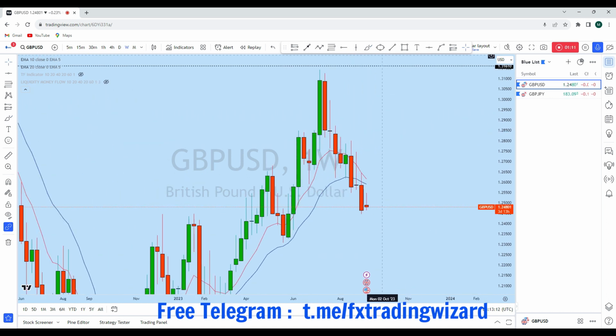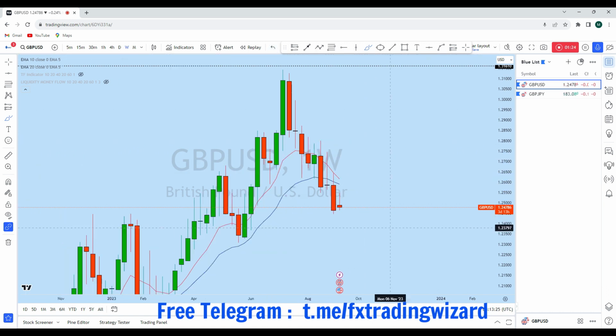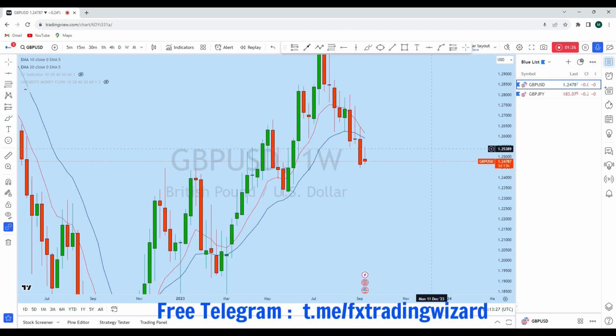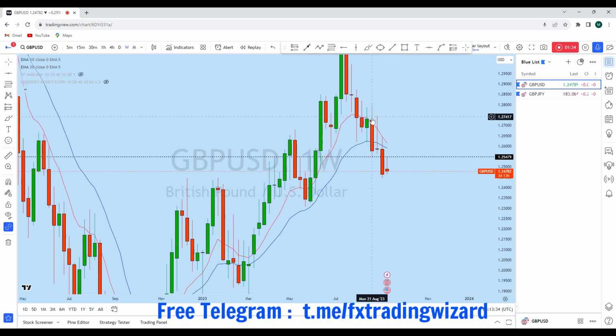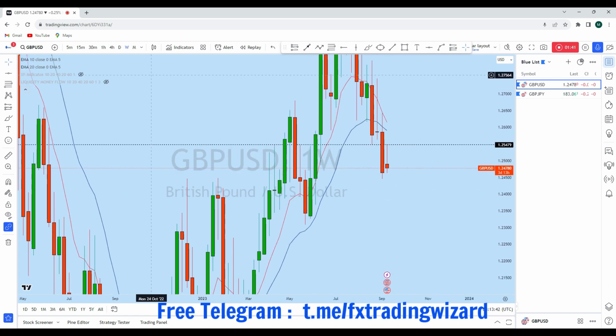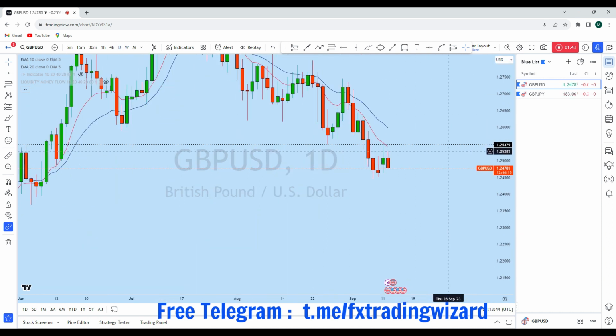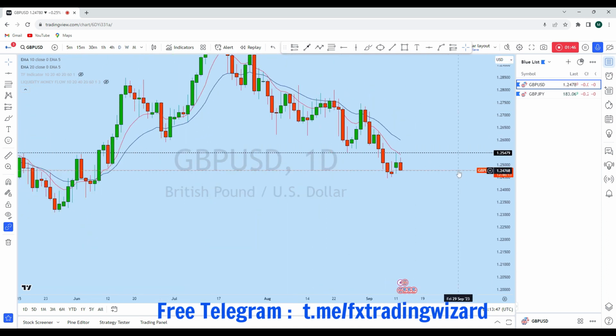can see that this market gathered liquidity and formed this bearish candle, followed by a long wick doji. Previous week, we saw a bearish candle has broken this support level, followed by this week, we have seen that GBP USD initially has gone back up, tested this previous support here, which is turning resistance, and from that zone, we see GBP USD currently rejecting, and we can expect the price slowly to come back down to create a new lower low. Now if we look at the daily time frame, we can see that GBPUSD is maintaining a